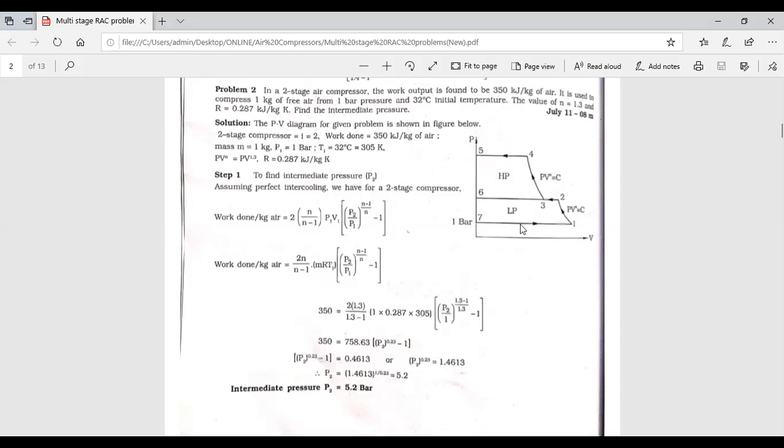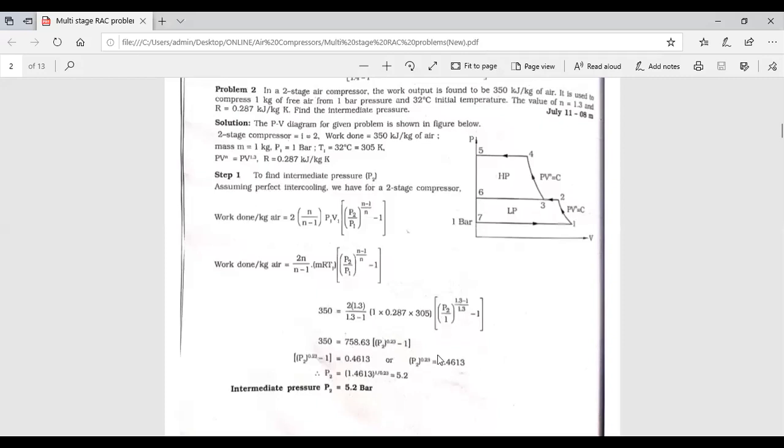In the bracket P2, our aim is to calculate intermediate pressure. P2 divided by 1, you put as it is, that is 1 is your atmospheric pressure, to the power of 1.3 minus 1 divided by 1.3, minus 1. You remember in the previous problem they have given isentropic, means n is 1.4. Isentropic is reversible adiabatic process. The value of n is 1.4. But here they are given clearly the value of n as 1.3. Okay, 350 you put as it is. After simplification, we are getting the value as